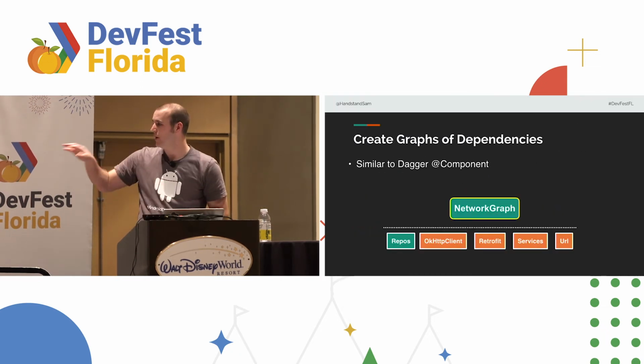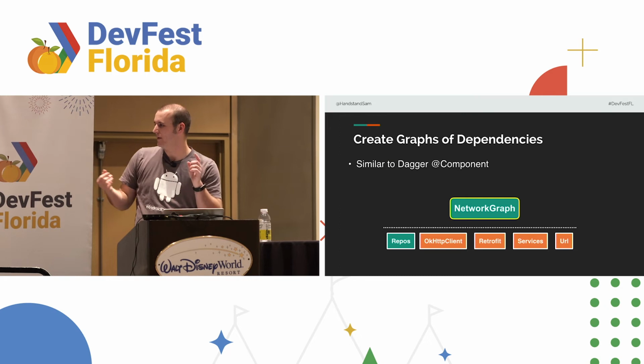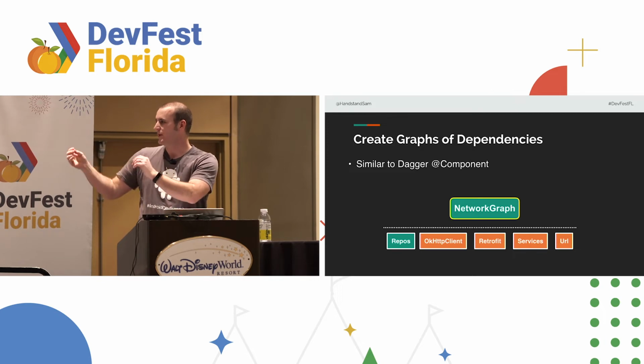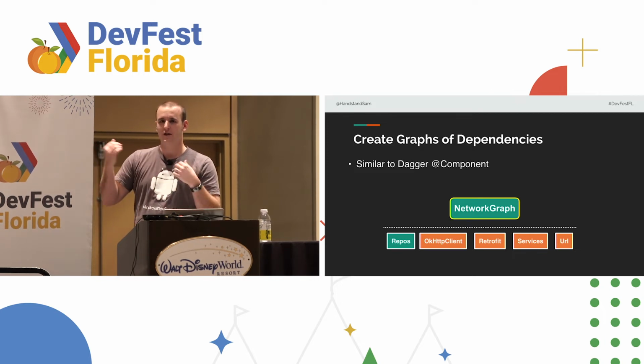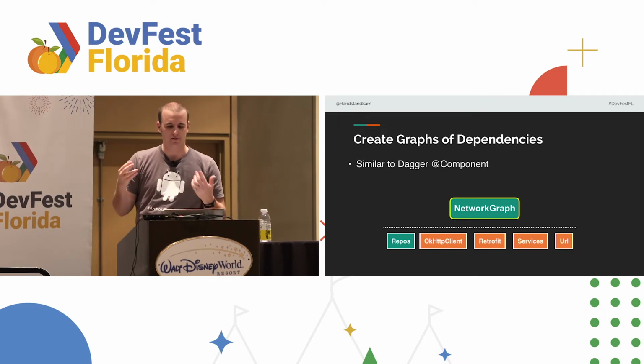Yeah, so the network graph, we're only publicly exposing repos to people that we're injecting to, but there's a lot of configuration that goes behind that. We need to configure Moshi, OkHttp, Retrofit, the URL that we're using, and all those things are values that we inject into our graph. It's just my code at the end of the day only needs access to these repositories about users and things